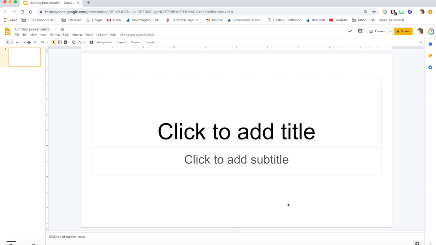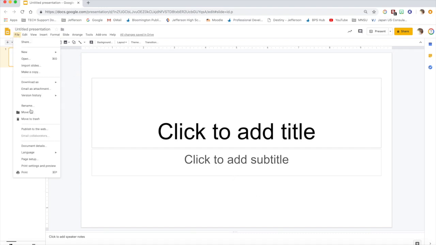This is a basic overview in how to create a multi-panel comic using Google Slides. I'm going to be speaking fairly quickly, so if you need to pause or rewatch portions, please feel free to do so. The first thing we need to do is change the page size by going to File and Page